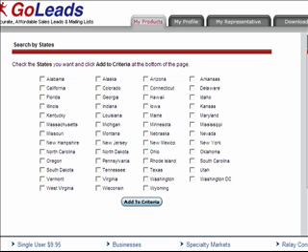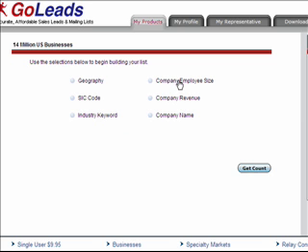So the first thing I'm doing is selecting a state. I live in Florida, so I'm going to select Florida as the state. I'm going to add this to my criteria, and I'm going to proceed with